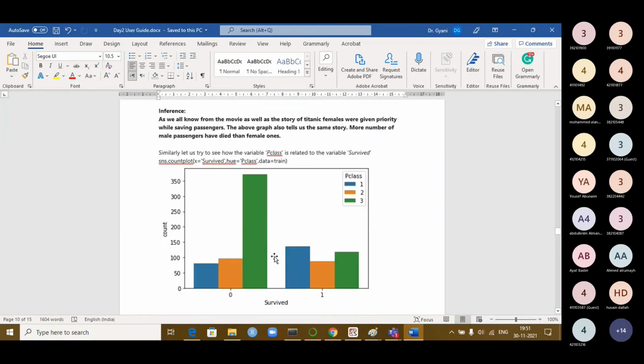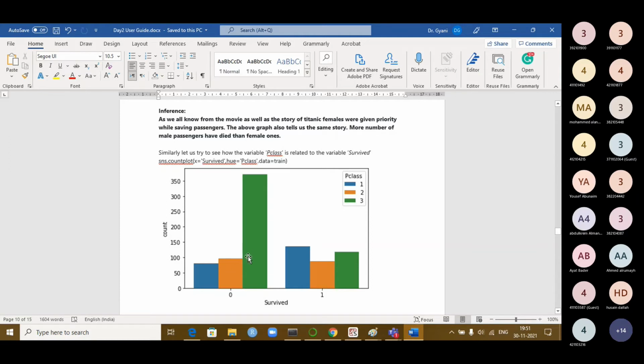So next, similarly, let us try to see how the variable passenger class is related to the variable survived, according to the passenger class. Let us say this is not survived, this is survived.